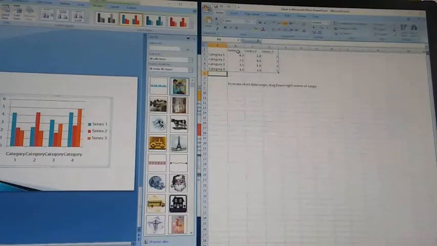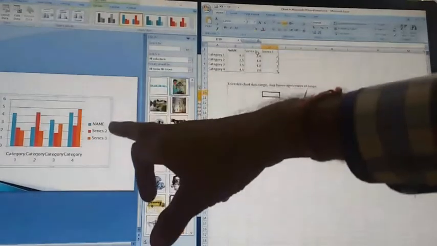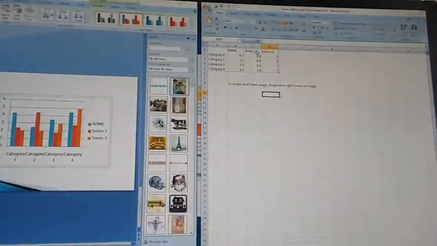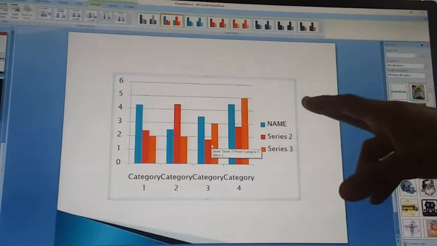Here we can change whatever data we have in Excel format, we can write there. Okay, you can notice whatever I am changing here, it is showing in the PowerPoint presentation. Then close the Excel file, it will show you the chart or graph format.